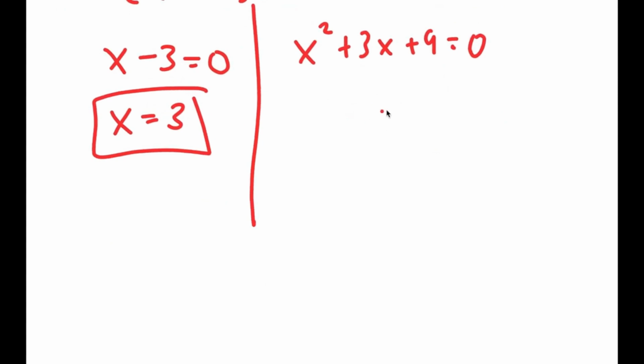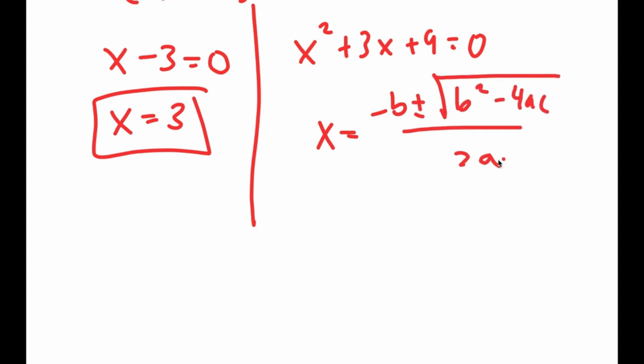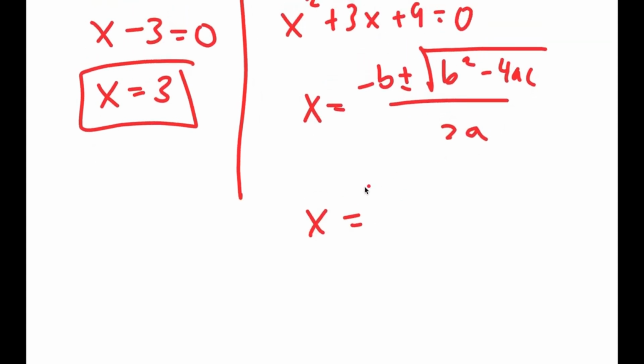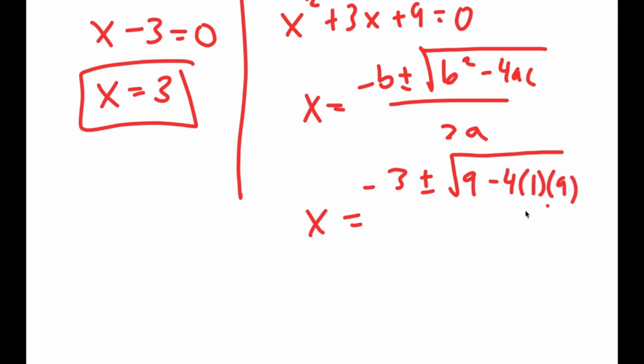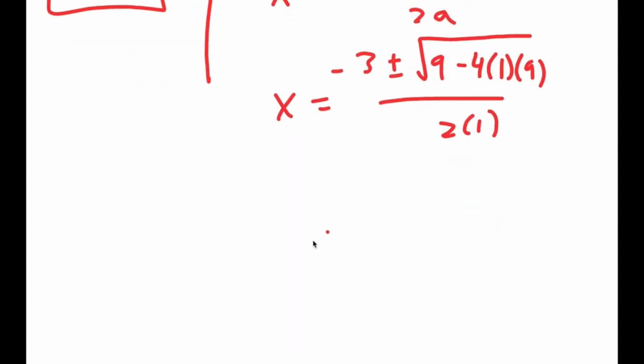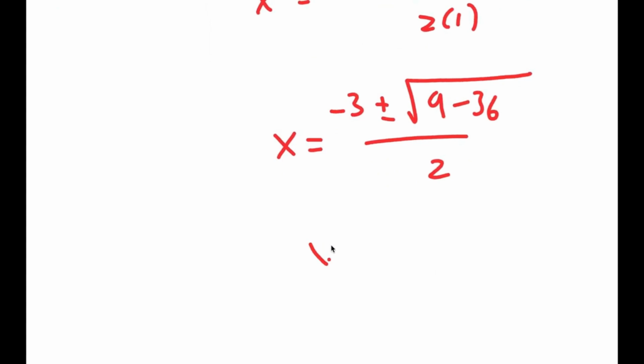And now for x squared plus 3x plus 9 equals 0, I can use the quadratic formula, which is negative b plus or minus the square root of b squared minus 4ac all over 2a. So this turns into negative 3 plus or minus the square root of 3 squared, which is 9, minus 4 times a, which is 1, times c, which is 9, all over 2a, so 2 times 1. And this turns into negative 3 plus or minus the square root of 9 minus 36 over 2, which is equal to negative 3 plus or minus the square root of negative 27 over 2,